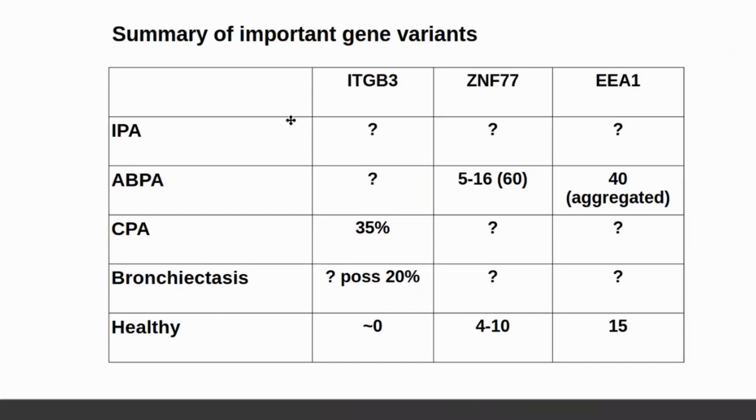Right. Just to summarize then, so that was a lot of quite complicated information, I realize, and I apologize for that. It is quite a complicated thing. We know quite a lot, and these are quite important genes. You can see that we're hitting some really quite big numbers in terms of the amount of disease they explain. And for genetic causes of disease and for genes and so on, these are big numbers. So normally when we look at variants that cause disease, you don't normally get these numbers. So these are important. But you'll see there's lots of question marks on this slide.